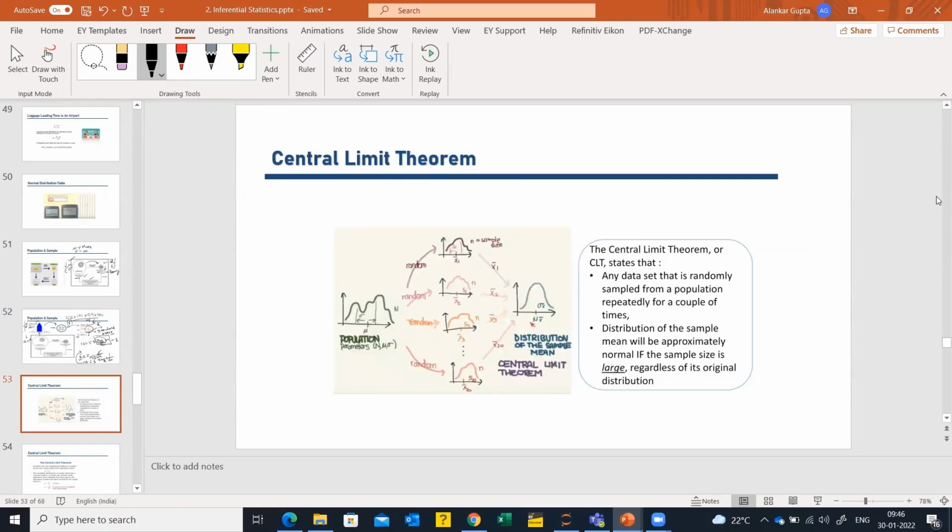Now, there are 2 key aspects in the central limit theorem. Let's talk about the first one. For almost all populations, the sampling distribution of the mean will be approximately close to the normal distribution, provided the sample size is sufficiently large. Say, for example, I have a population and if you draw the graph, it looks something like this. You can see the graph is not a normal distribution, right?